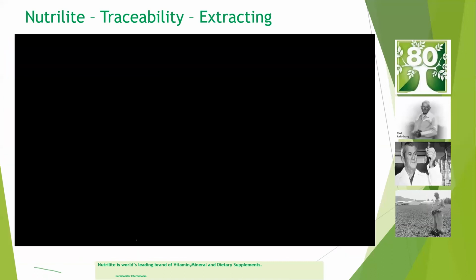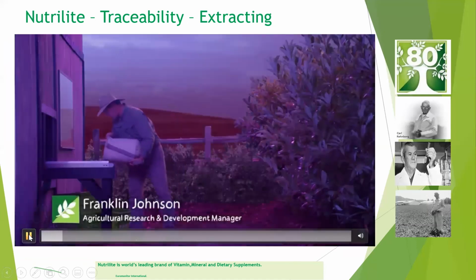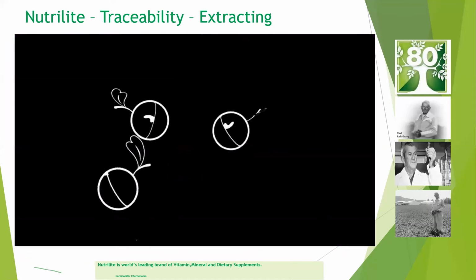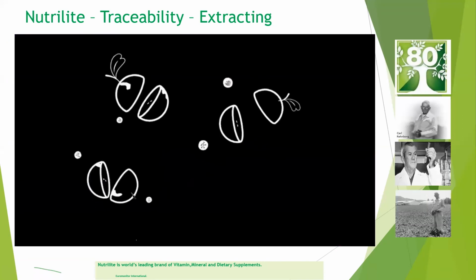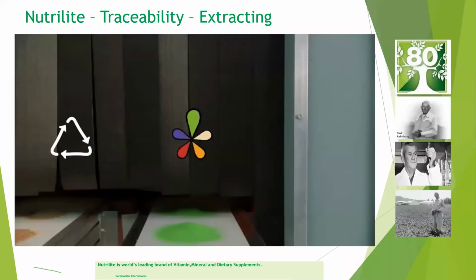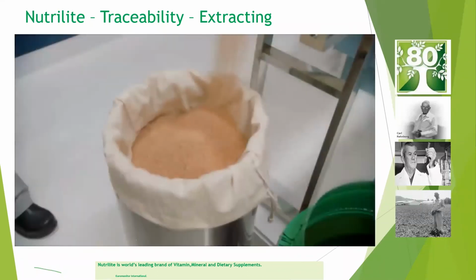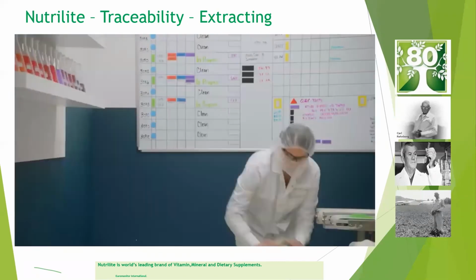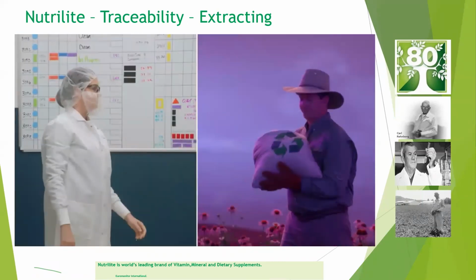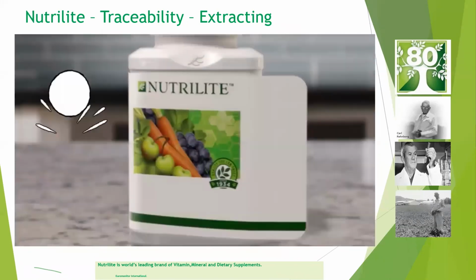Next is extracting. Now that you have got the plucking done, how do you extract these nutrients without disturbing them? Imagine a supplement company that uses every part of every plant, whether it's for you or the planet, where scientists identify the precise parts of each botanical with the highest concentration of phytonutrients to ensure effectiveness, and where the remaining parts of the plant aren't thrown out, but are used to revitalize the soil on its organic farms. This is a world you don't have to imagine. This is the real world of Nutrilite traceability.